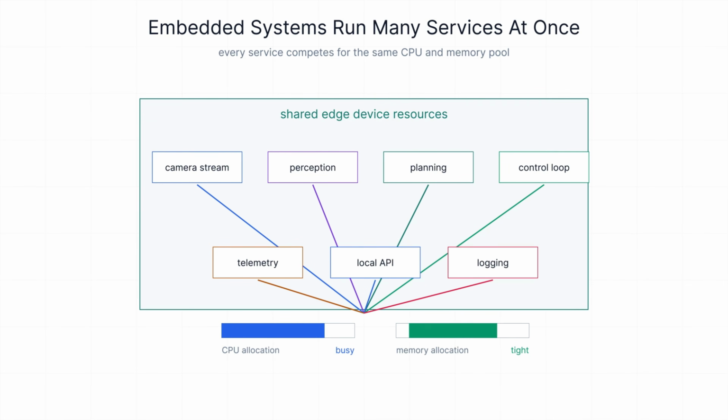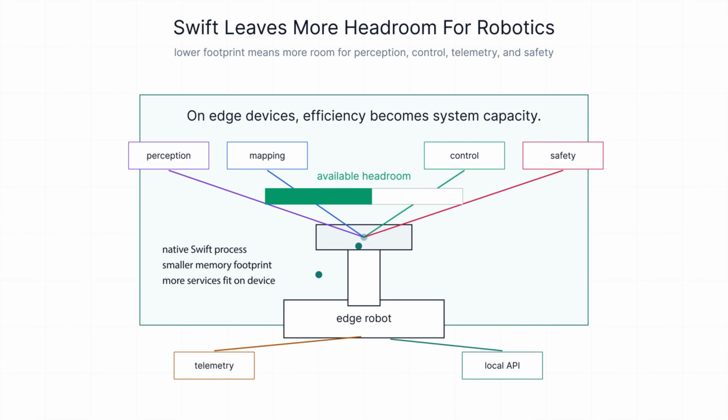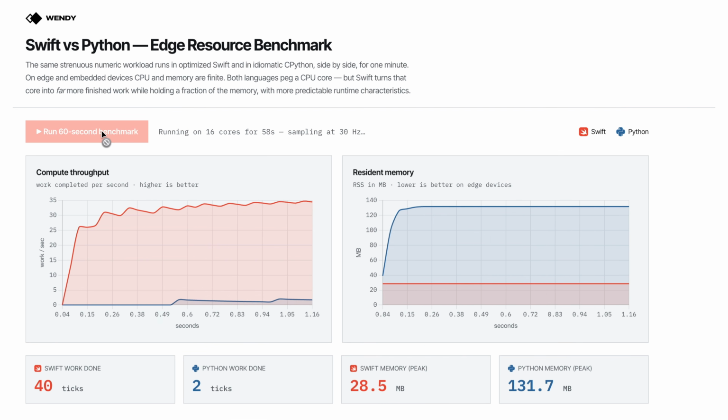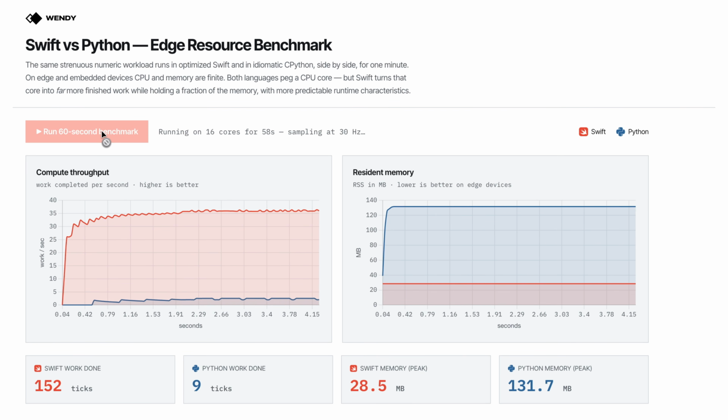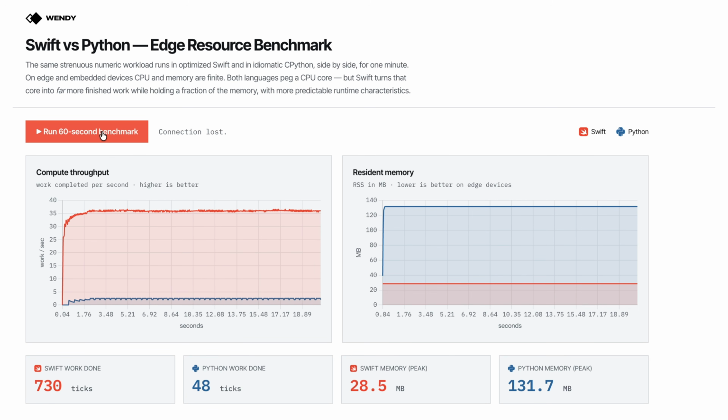It is also about resources. CPU and memory are finite, especially on embedded and edge systems running multiple services at once. Compared with the average Python application, Swift often uses dramatically less memory and has far more predictable runtime characteristics. That makes a real difference when you are trying to fit perception, networking, control loops, and device services onto a